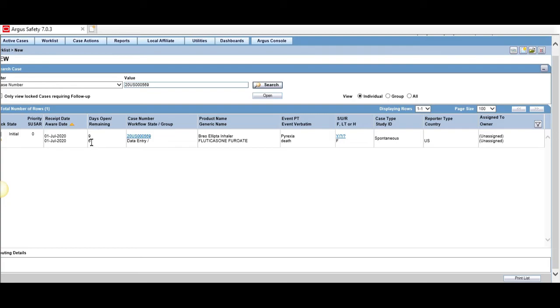But the moment it came to know that the case is a death case and a serious case and we have to report it to the agency within 15 days, from the initial receive date, the aware date, so 1st of July plus 15 days is 16th of July, we have to report this particular event.